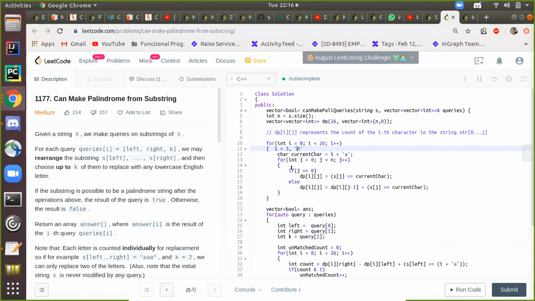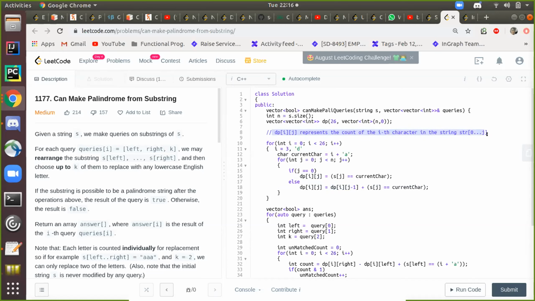If it's my first index, then I check if S of 0 is D or not. If it is, then this would be 1, and I would add it in my DP array. Otherwise, if I'm at some other position in my string, this is the count of i in my string from 0 to j minus 1. I've mentioned this here.